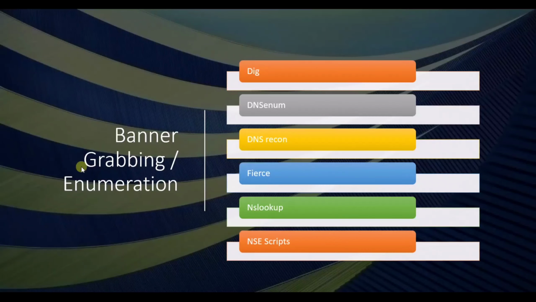And here are some of the tools that are used for enumeration or banner grabbing, like DNSenum, DNSRecon, Fierce, nslookup, and nmap scripts, which help us identify information if we find the domain port is open.